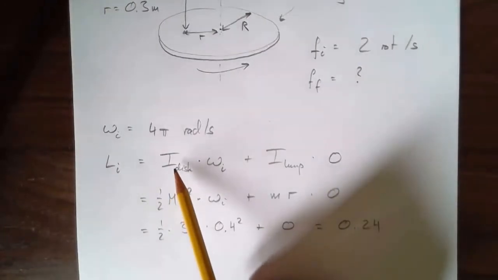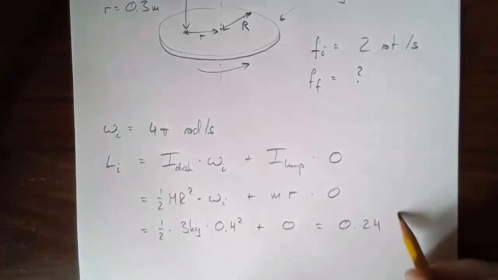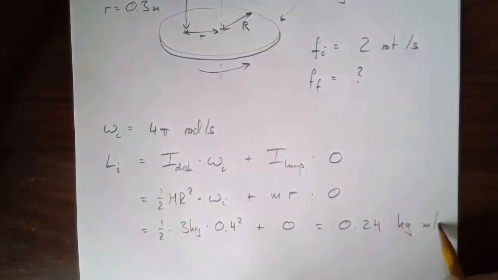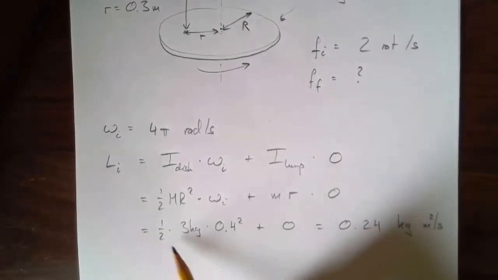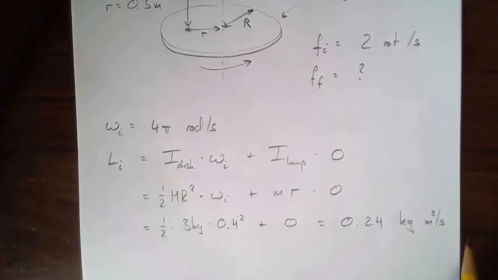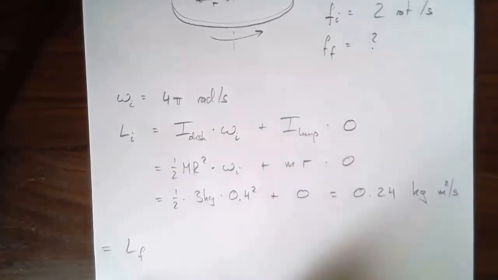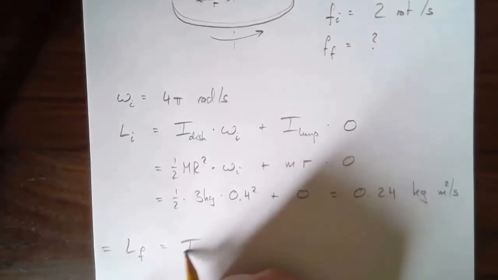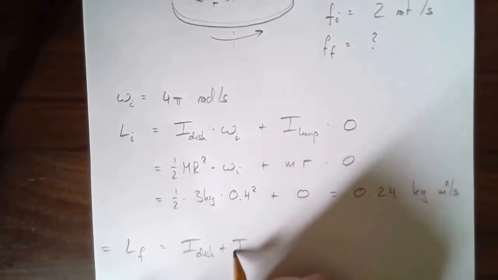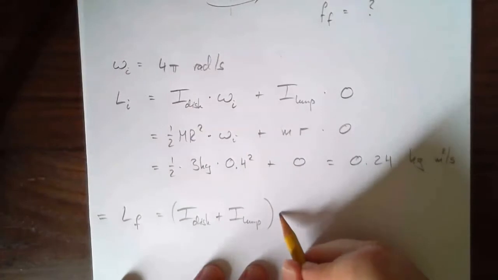Well, this is kilogram meters squared, and then this is per second, so we end up with kilogram meters squared per second for the units of angular momentum. Okay, so I've got my initial value. Now what's in the end? That better be equal to the final angular momentum, the total, L final. That's going to be I disk plus I lump. They're now spinning together, so I'm just going to add their moments of inertia times the final